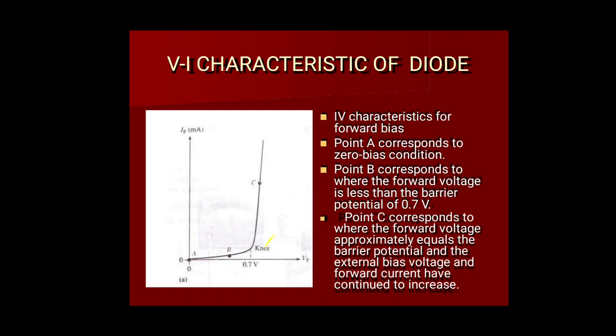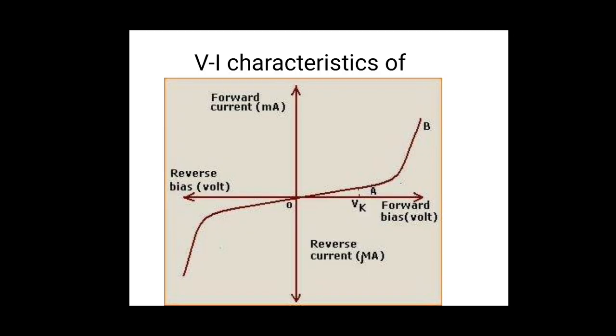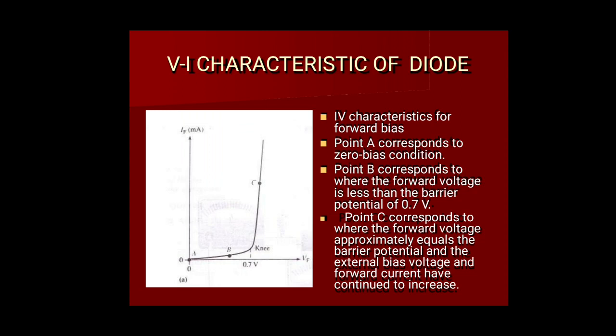So this is also called a knee voltage, 0.7 volt. It is very important that 0.7 is the knee voltage, or the breakdown voltage. Breakdown voltage means what? After 0.7 volt, the current starts to increase rapidly, suddenly. So there is no linear relationship between the voltage and current after the knee voltage. So after 0.7 it is called a knee voltage, or a breakdown voltage.